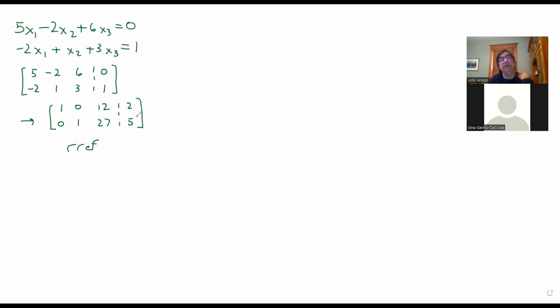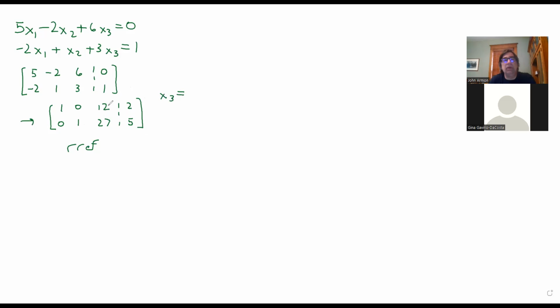Okay, so for this one, you can see the rank of matrix A, which is right here, is 2. The rank of the augmented matrix is also 2. What that means is the system will be consistent. So we're looking for solutions here. The number of ones you see here relative to the number of columns: one more column than you have ones, which means we're going to need 1 parameter. So when you write down your general solution here,